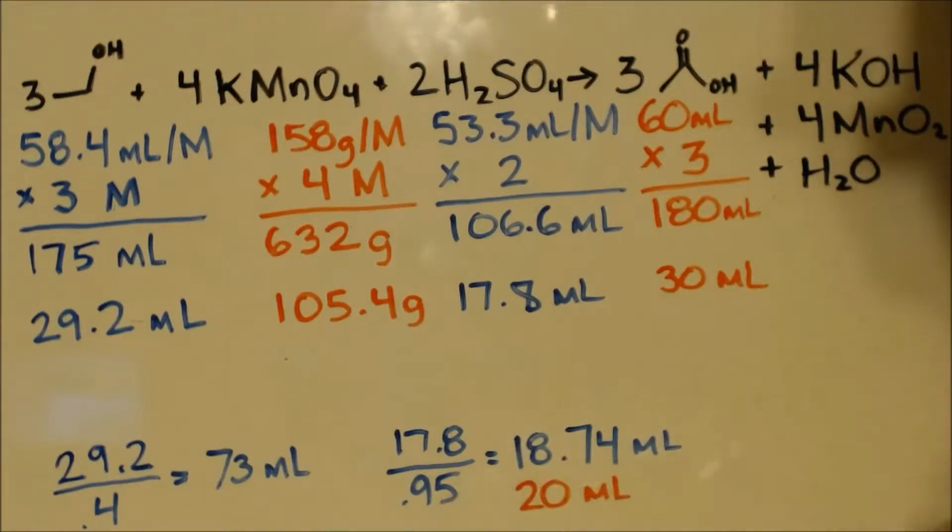Sulfuric acid, it's probably 95%, so I divided by 0.95. Takes that up to 18.74. And I want to throw a little bit extra in just to make sure, so I put 20 milliliters. My yield should be 30 milliliters of acetic acid, although since it produces this,